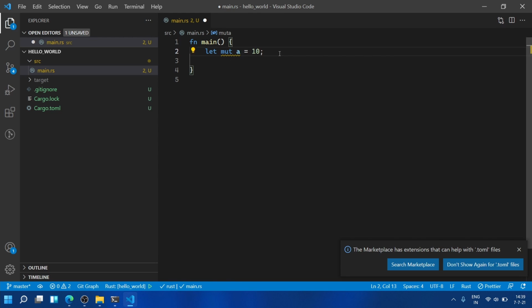So what it will do is it will mark the variable as mutable. Then you can actually change the value. Okay. In the next video, we'll see what's the difference between an immutable variable and const, and when to use the immutable variable, when to use the mutable variable, and everything.